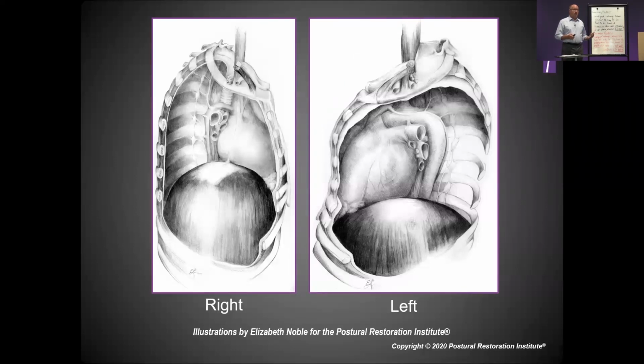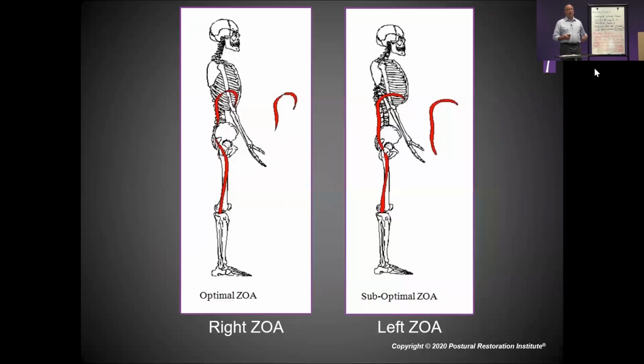Then if you draw it out, Jen, thanks for putting these two pictures in. We've got this optimal zone of apposition on the right side, which reflects what I just showed you in the previous slide. And then you've got this suboptimal position, the zone of apposition on the left side. Now, you can get optimal positioning of the left side by getting the ribs to pull down that rib cage,